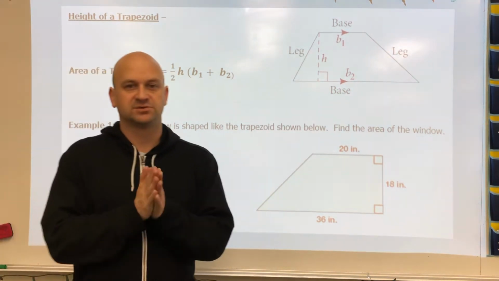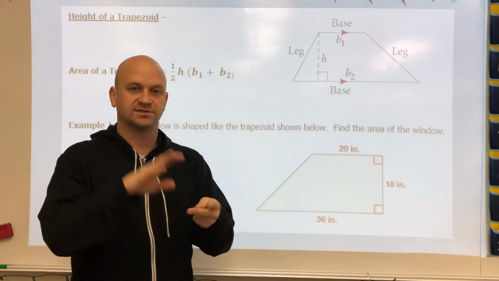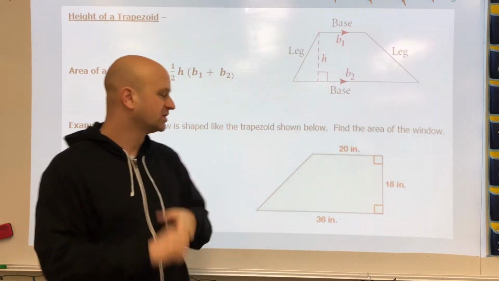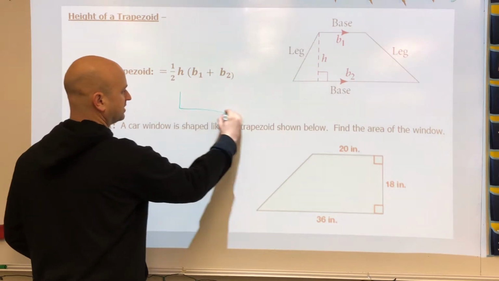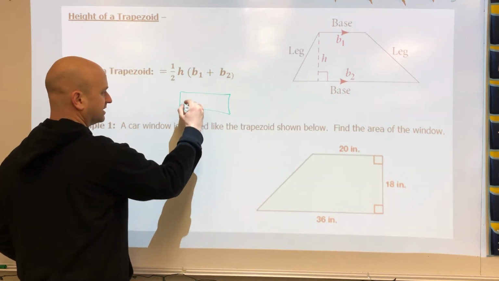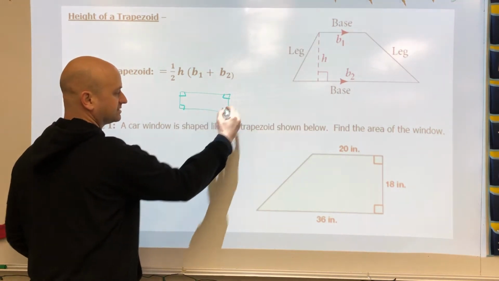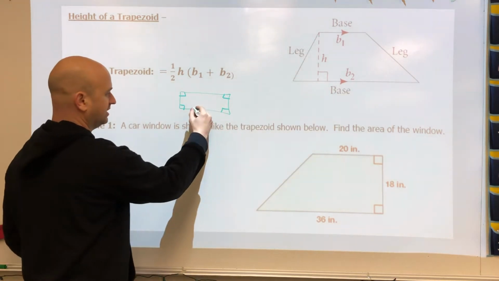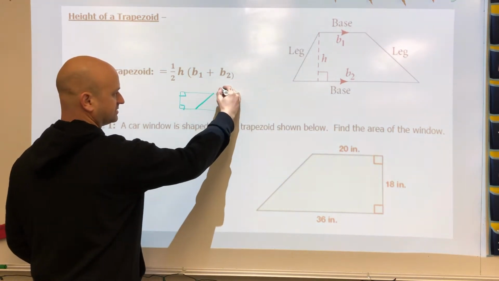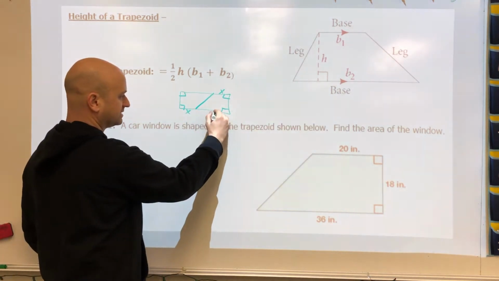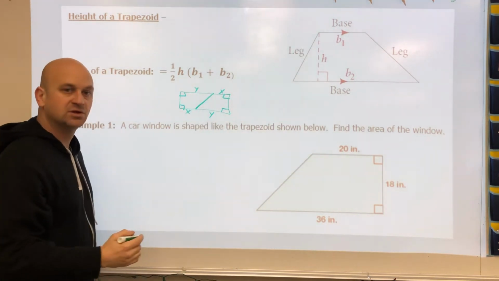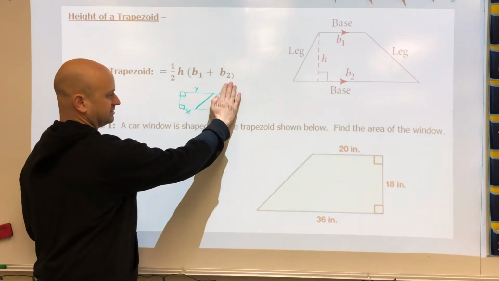All right, so in this lesson, we're gonna take a look at areas of trapezoids and areas of kites and rhombuses. So the area of a trapezoid looks really confusing, but it comes from the area of a rectangle formula. If we had a rectangle, that would be base times height. And if we were to divide this so that this side and this side are the same, and then this side and this side are the same, we can see we actually create a